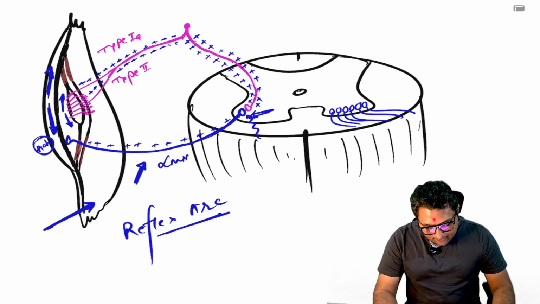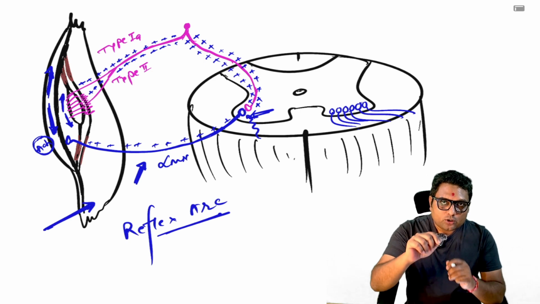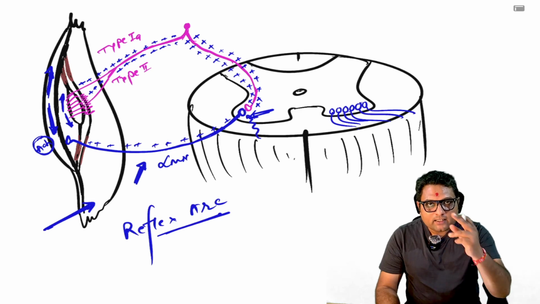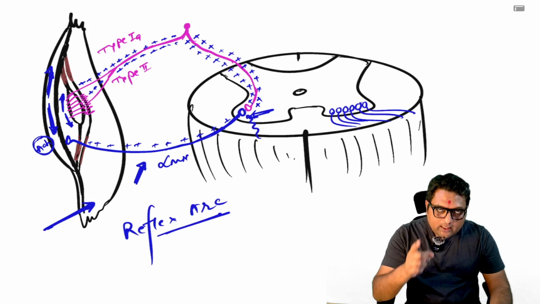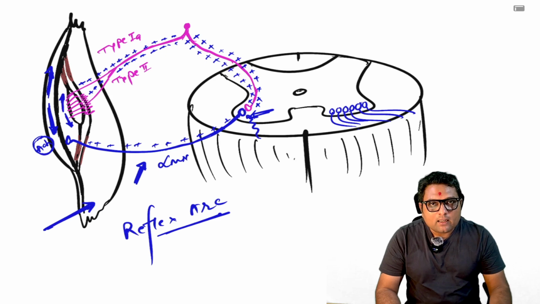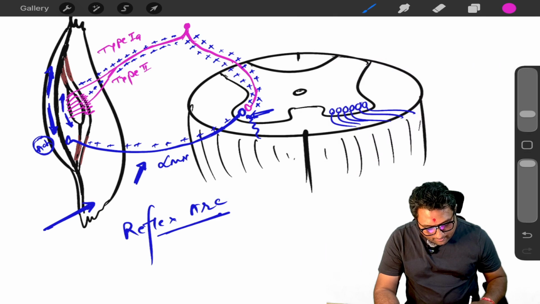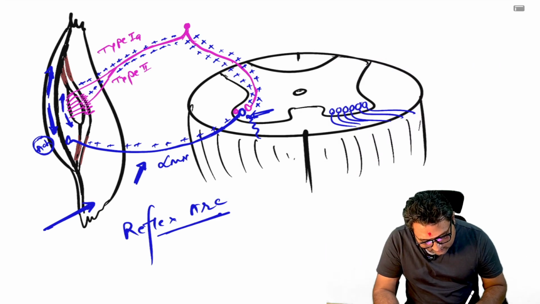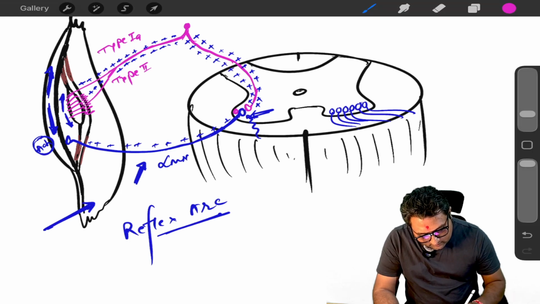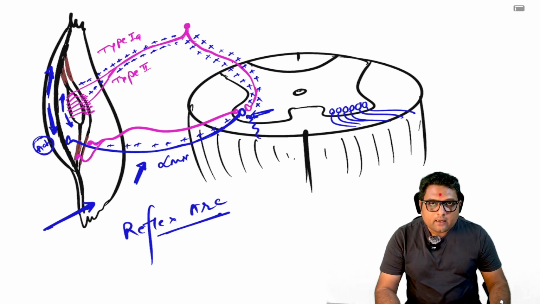Now this is the basic stretch reflex. When you stroke, that leads to stretching. Stretching leads to increased frequency of action potentials through the sensory afferent fibers that stimulate the alpha motor neuron, and eventually the muscle will contract. Now another motor neuron that is emerging from the anterior gray horn,